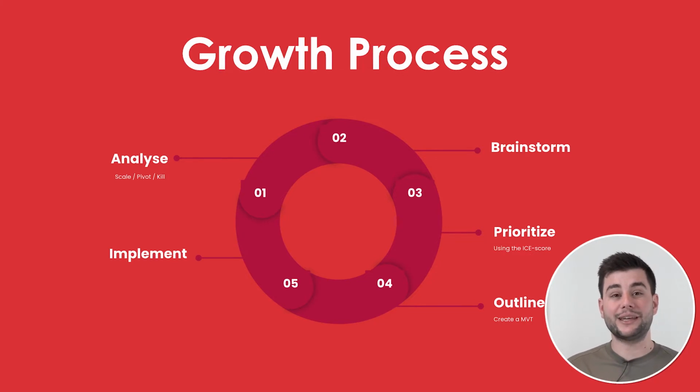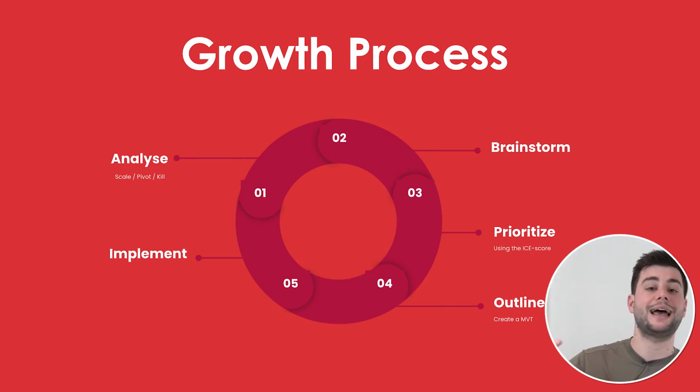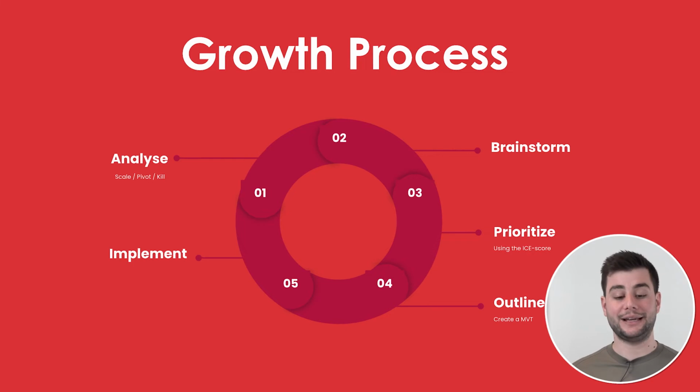Very important to understand is that growth marketing fails if you don't implement a process. This is the most important thing in growth, to have this process and to continuously go through this loop. People that are familiar with the lean startup methodology or with the agile methodology will recognize this. So what you will always do is try to go through this process in 2-3 weeks, depending on how fast your company goes.